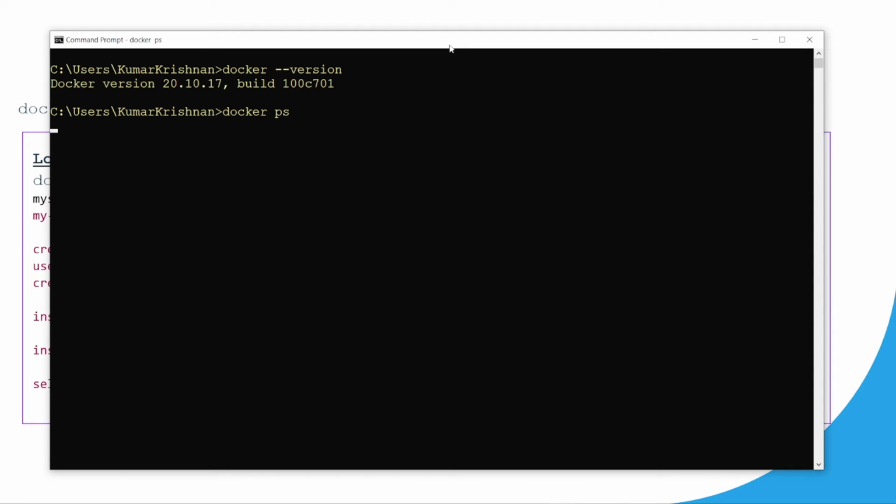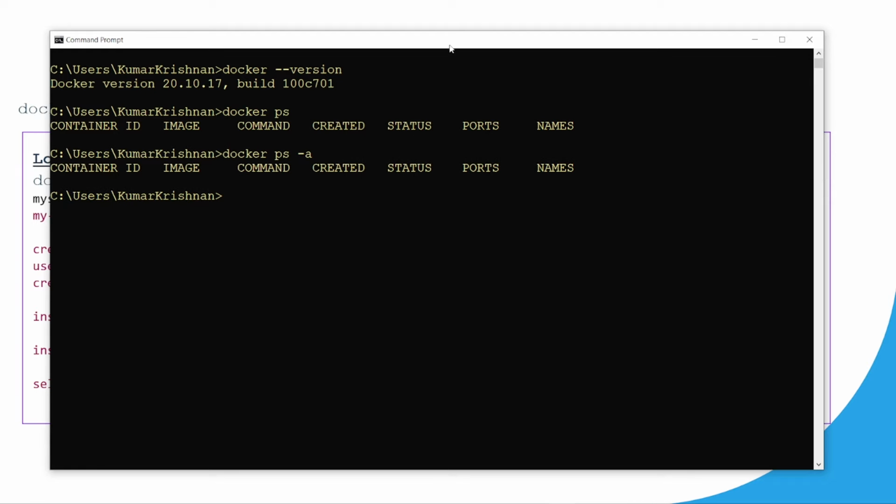Docker ps, nope. So docker ps -a. If there is any stopped container, there is no containers running. I have cleaned up. So what about the images? Docker images,